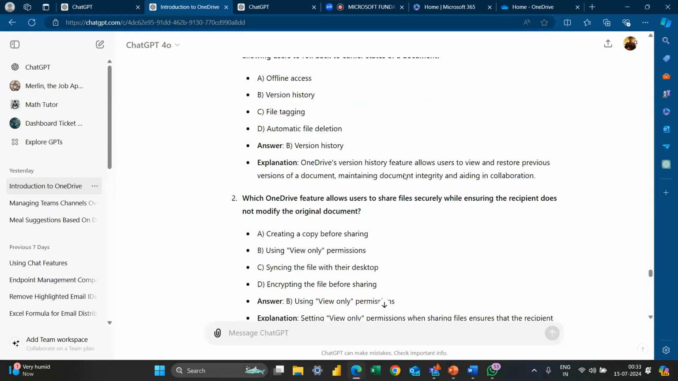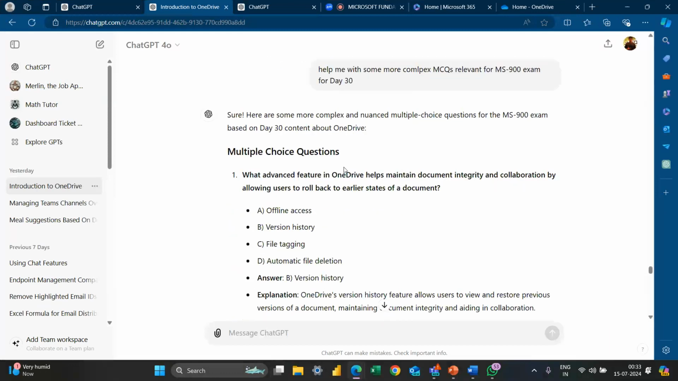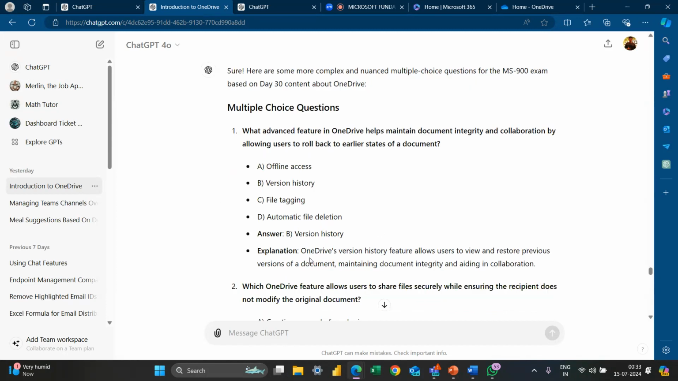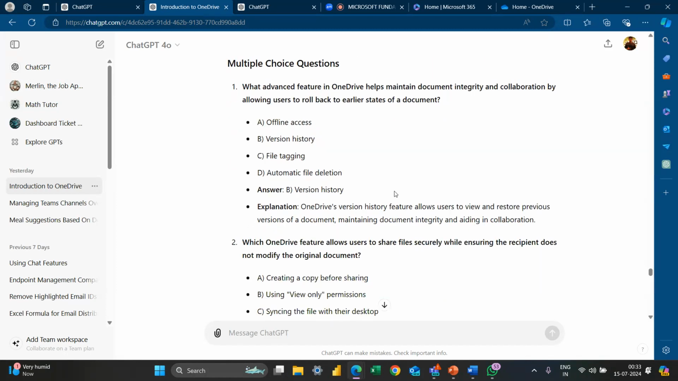So now, before concluding this lesson, we have a prompt: which advanced feature in OneDrive helps manage document integrity and collaboration by allowing users to roll back to earlier states of a document? The correct answer is version history. So, OneDrive's version history allows users to view and restore previous versions of a document, maintaining document integrity and aiding